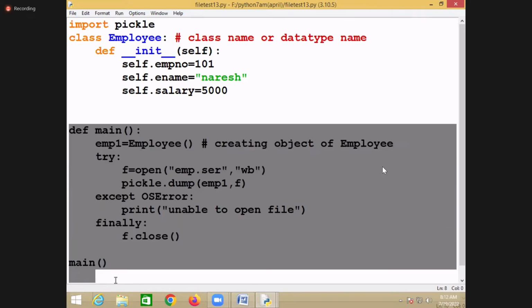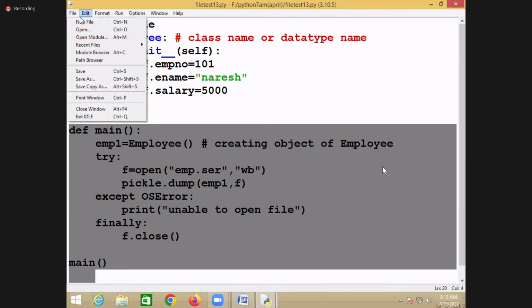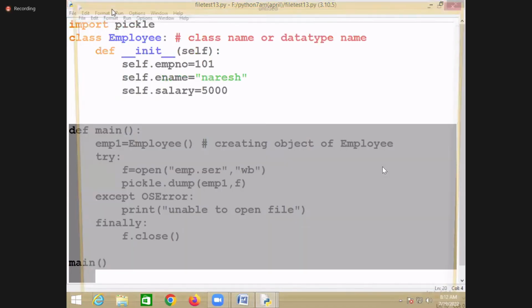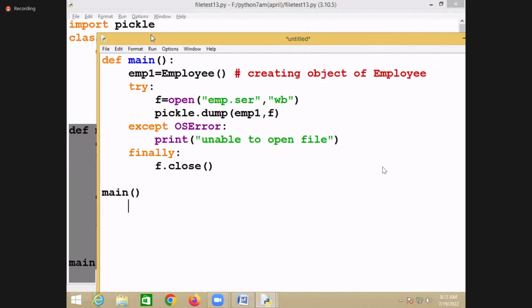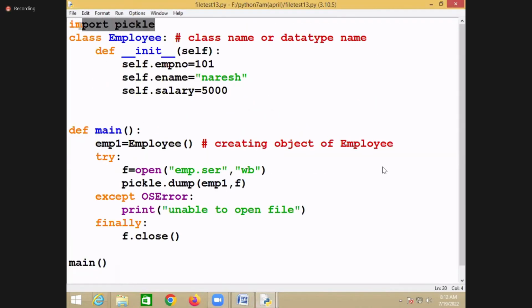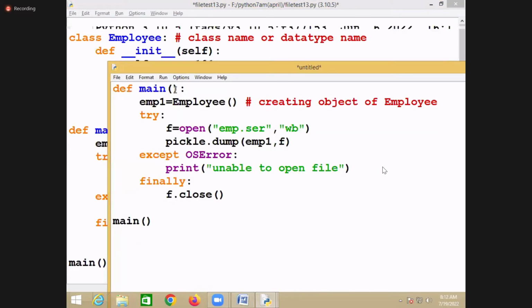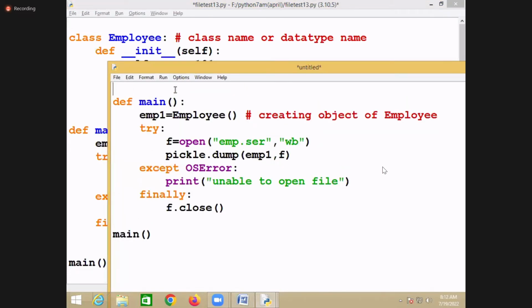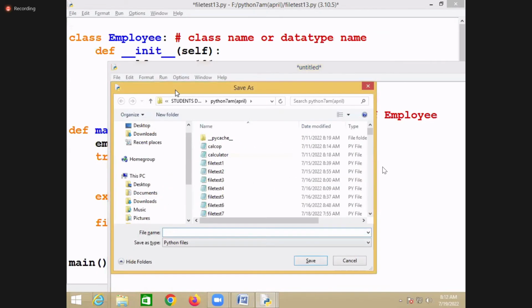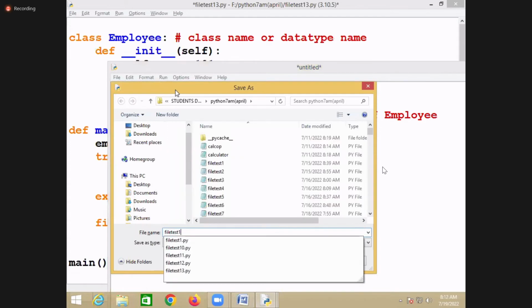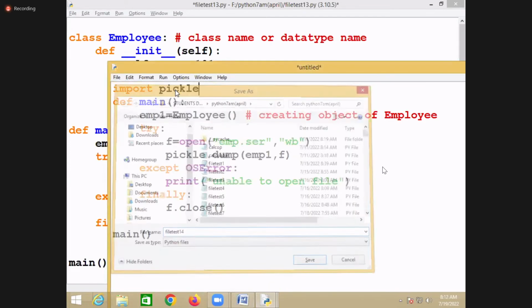So what you can do is write this in a separate module. I'll write this in one module. I'm dividing this. So this is one module, and here I write the logic for pickling.